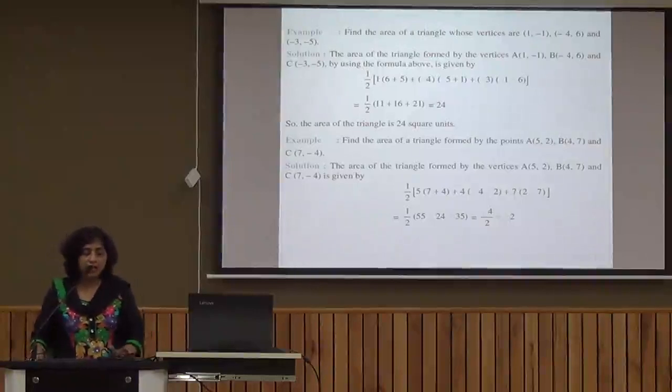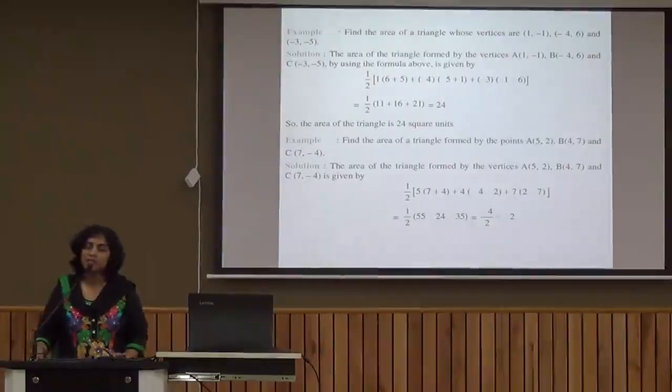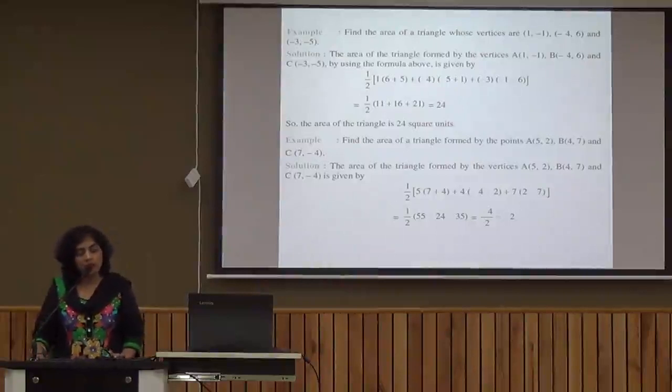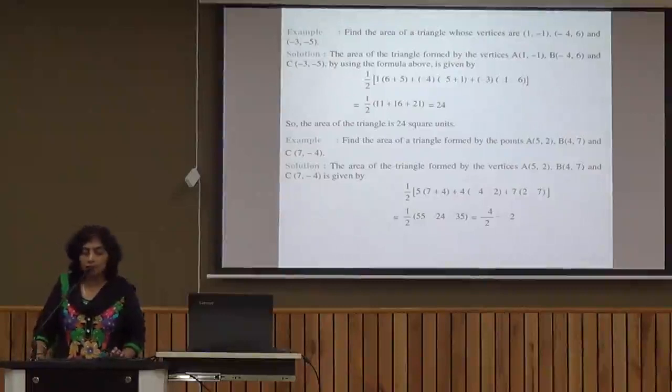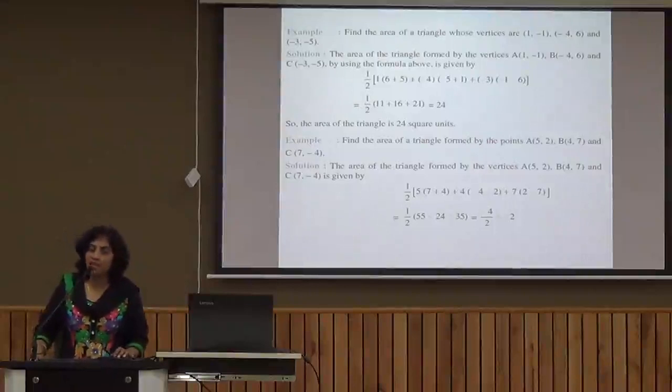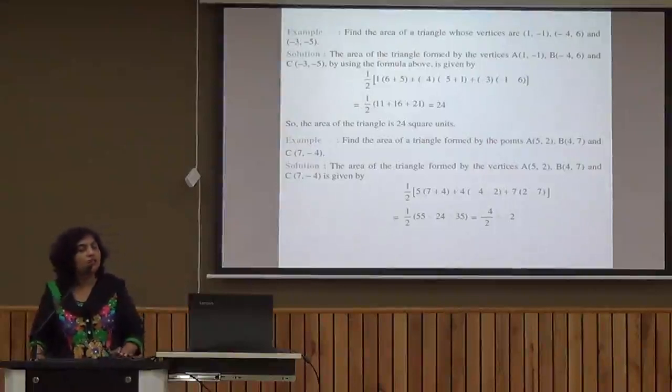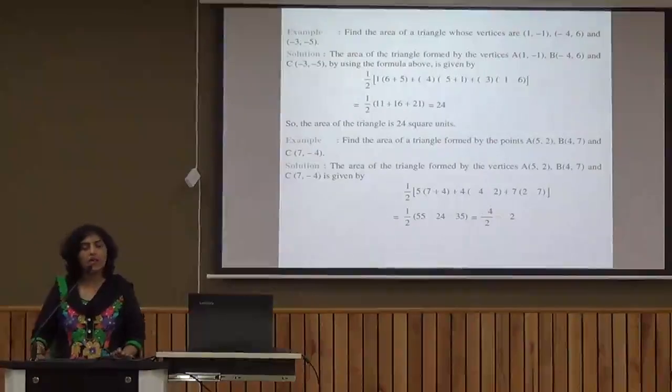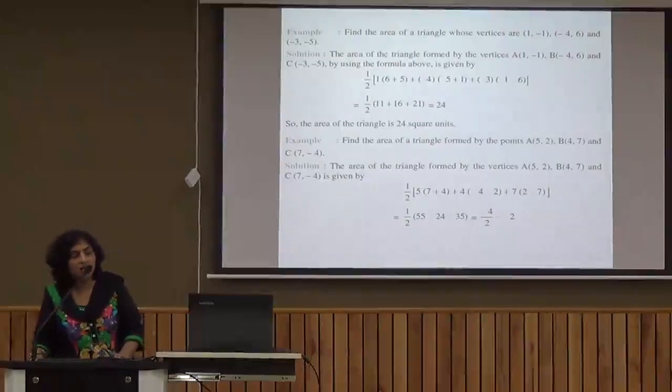Let's see another example in which, when we solve for the area of the triangle, the value comes out to be negative. So find the area of the triangle formed by the points A (5, 2), B (4, 7) and C (-7, -4). When we put all these values in the formula, we get -4 upon 2, which is equal to -2. But as an area cannot be negative, we take it as 2 square units. So the area of this triangle would be